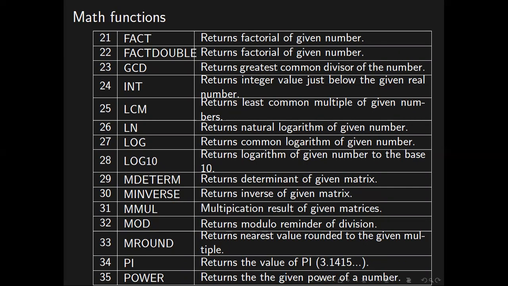Then MMULT: multiply two matrices. You offer two matrices in MS Excel, then multiply the matrices and get the result. Then MOD. MOD stands for